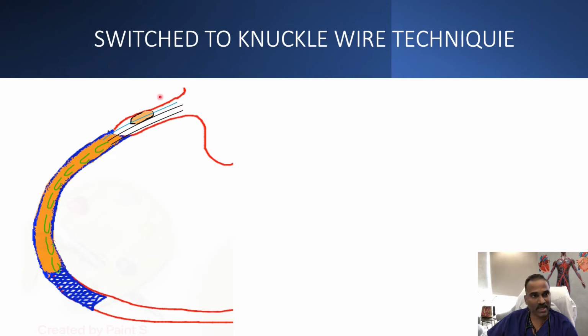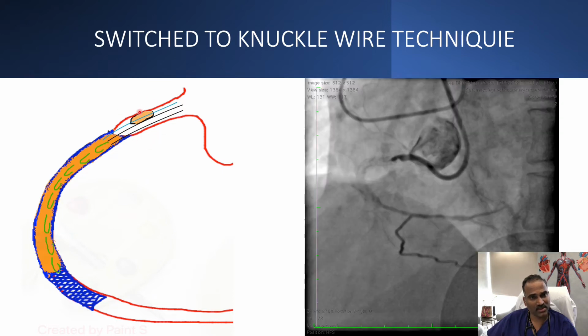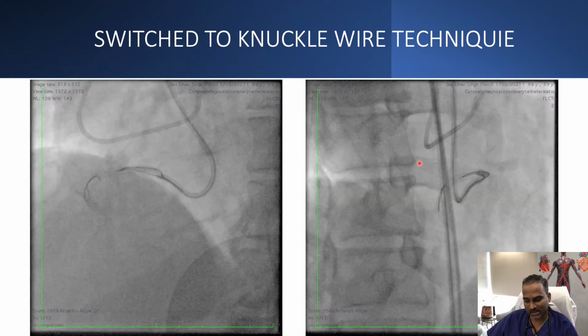So that's what we planned, but to do a knuckle wiring in this case, we need immense support to guide the catheter, which we achieved with the balloon trapping of the microcatheter here, as shown. That's what we did, because it's a very proximal CTO and you won't get much support for a knuckle wire in that situation. You can see here, I trapped CORSAIR with a balloon side by side, and then